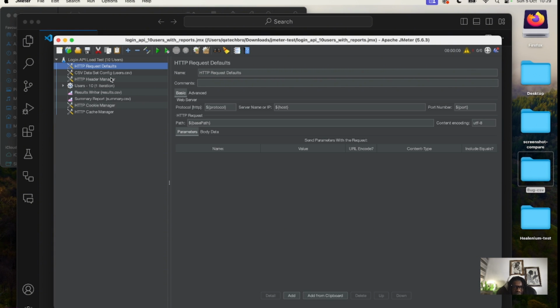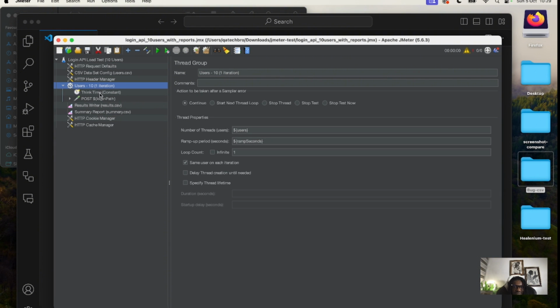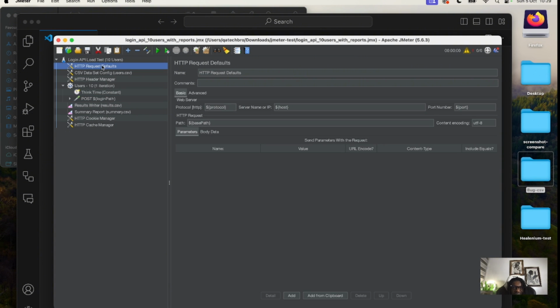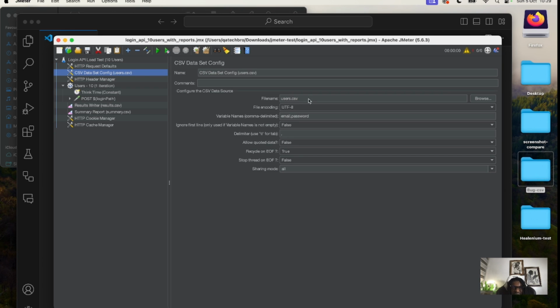So you can see it has created a JMeter file for me. I told it I want it to run 10 iterations. Here's the login part. So as a tester, all I need to do is update the paths and the CSV file as well. On my JMeter, you can see the request data paths. These are the CSV paths and the file name. Then